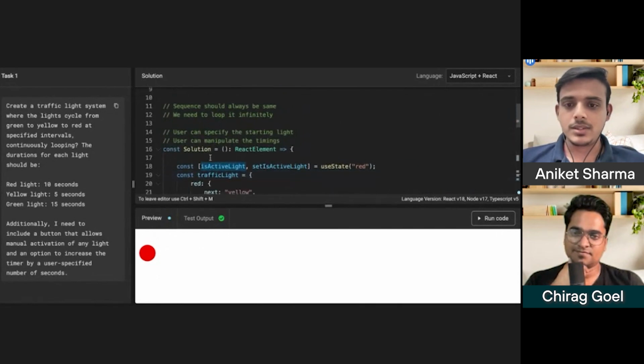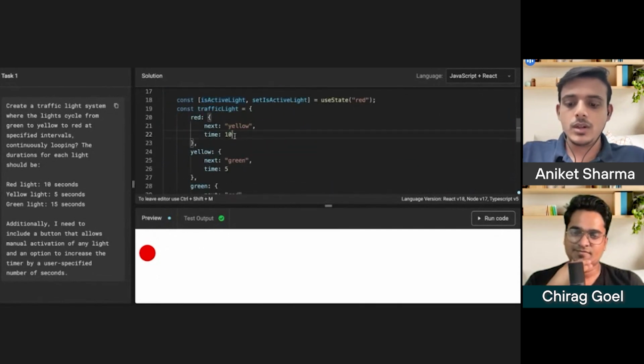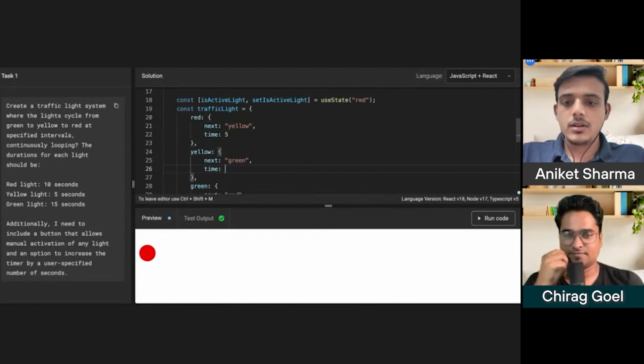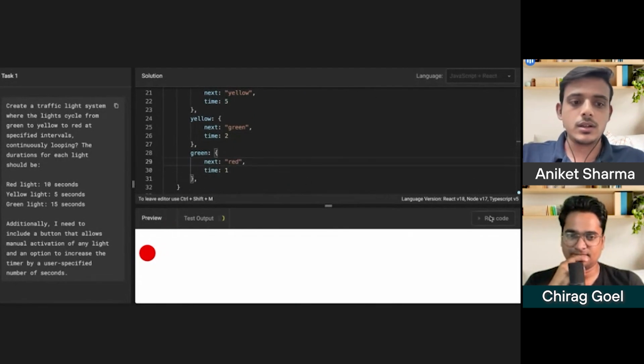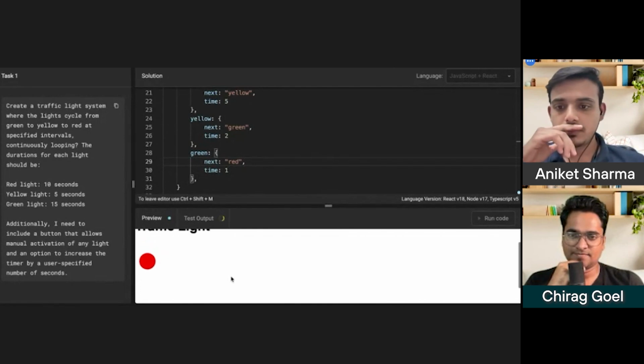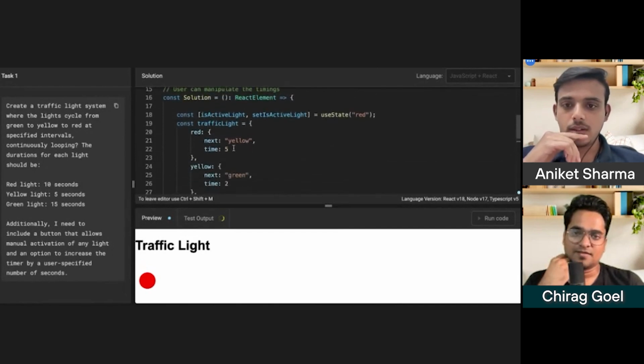Just for the time constraint, let me reduce the time to 5, 2, 1. Okay, and run the code again. Okay, 5 seconds, then 1 second, then again 1 second. Okay, so I think they are toggling now.